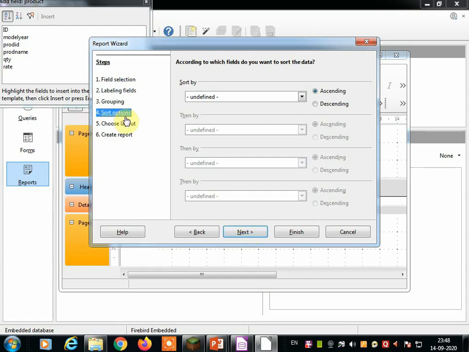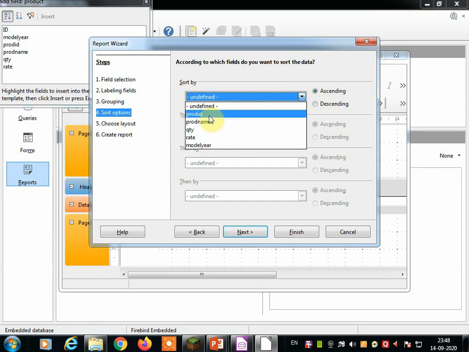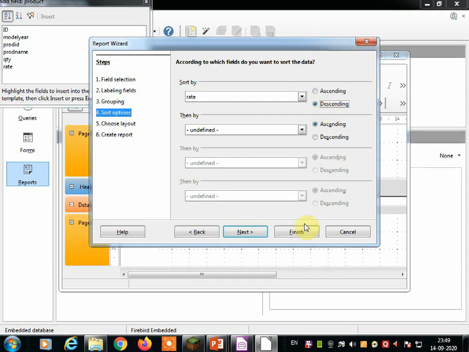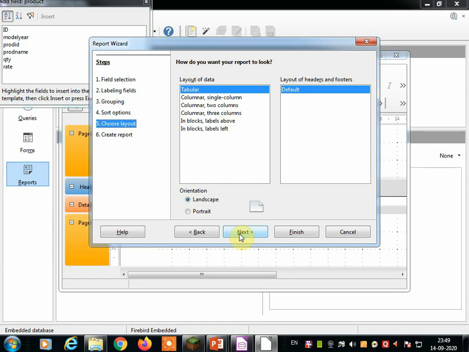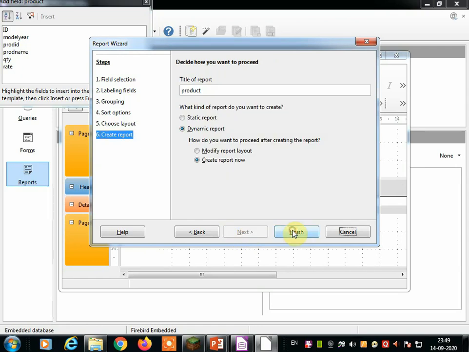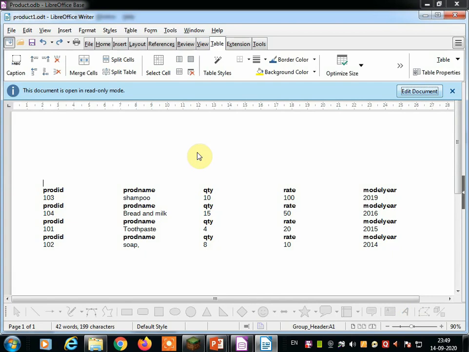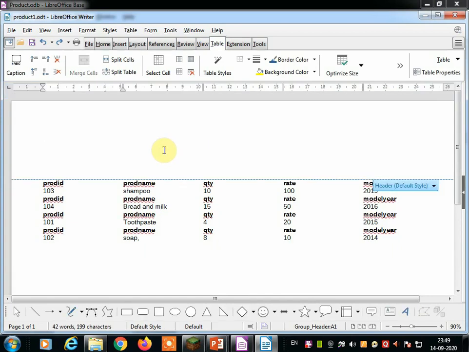Here the sort option asks on product rate, so click on the product rate and select descending order. In this order you have to click descending and click on next, and then click next and finish. Now give the name to this report also. This report is created on product rate, so report